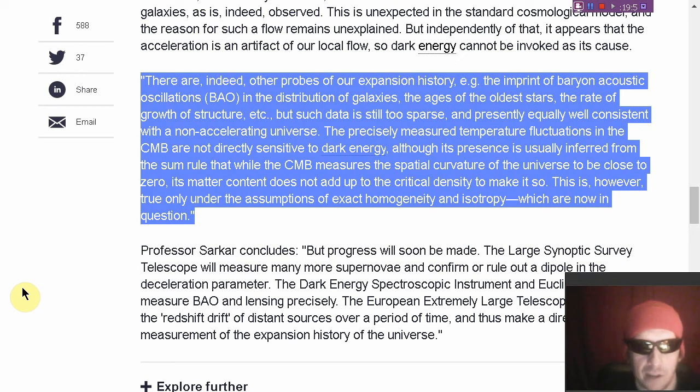The precisely measured temperature fluctuations in the cosmic microwave background, something that isn't real, are not directly sensitive to dark energy, although its presence is usually inferred from the sum rule that while the cosmic microwave background measures the spatial curvature of the universe to be close to zero. In other words, this is part of the flat universe theory, folks. Its matter content does not add up to the critical density to make it so. This is, however, true only under the assumptions of exact homogeneity and isotropy, which are now in question,